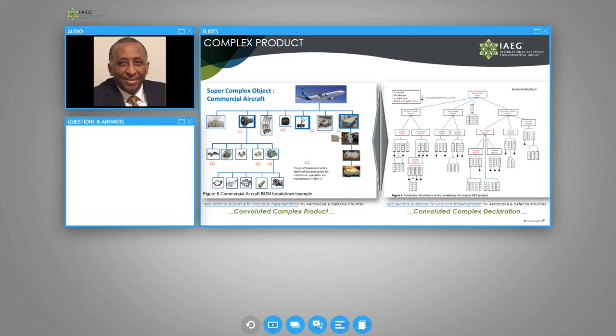Just to show you the complexity of the AD product, as you can see on the chart, products within the aerospace and defense supply chain can range in levels of complexity. This image is taken from the Aerospace and Defence Industries Association of Europe sectorial guidance for substances and articles under REACH, and illustrates just how complex a product such as a commercial aircraft could be, as it comprises thousands or millions of individual piece parts at various